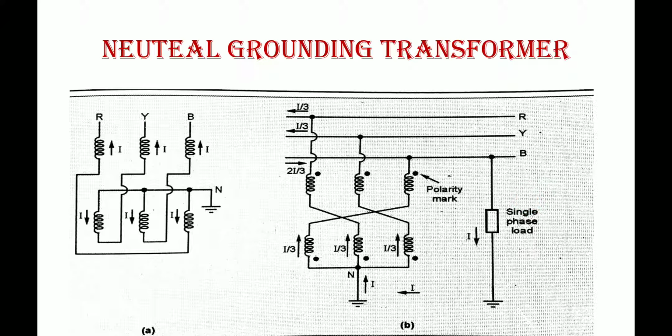Next, suppose a fault occurs. The impedance of this grounding transformer is quite low. Therefore, when a line to earth fault, that is an LG fault, occurs, the fault current will be quite high. If the impedance is low, the magnitude of this fault current is going to be limited by inserting a resistance.